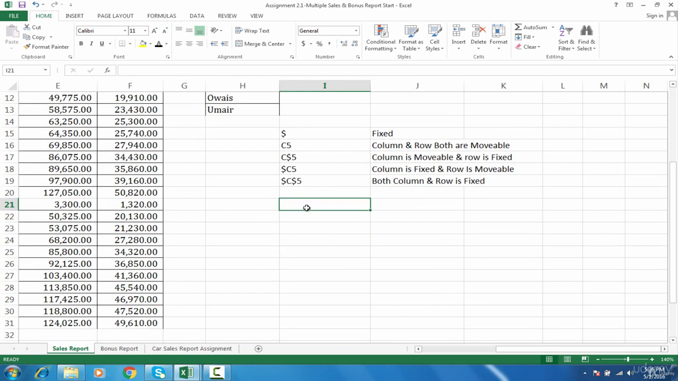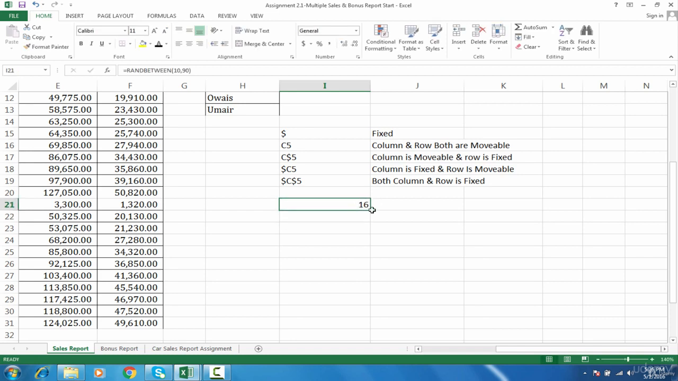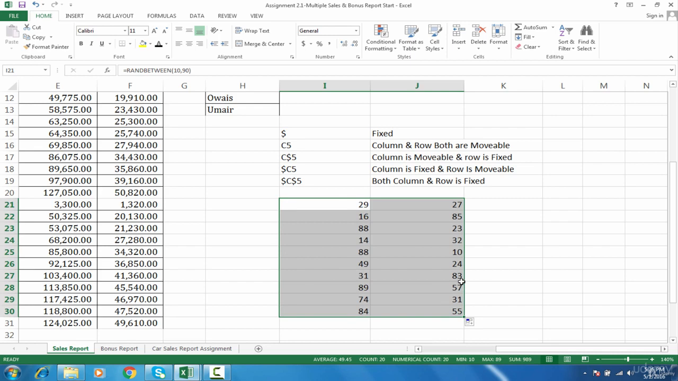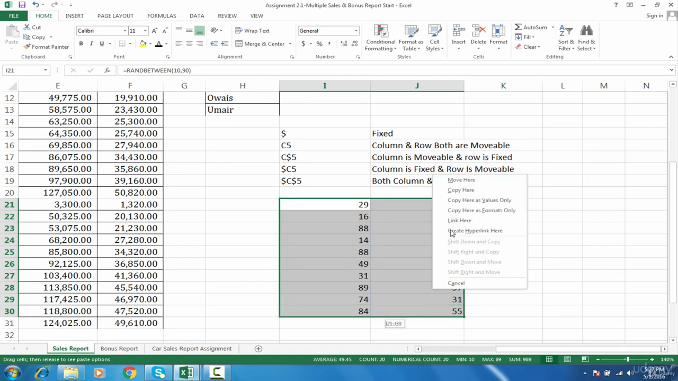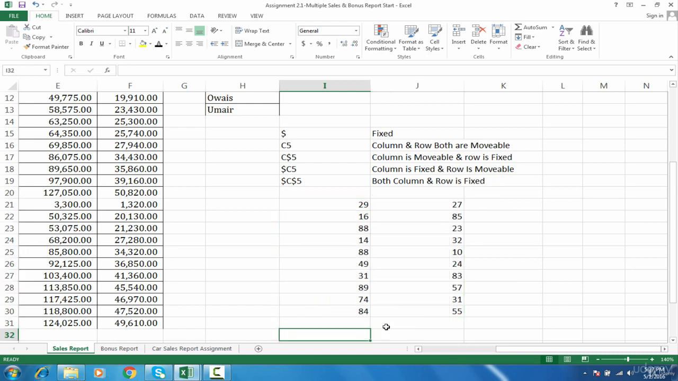Okay, let's write a scenario with RANDBETWEEN of 10 to 90. Drag it towards down and drag it right. And I can hold right click and move anywhere, come back, and then release the button. Copy here as values only. Okay, now